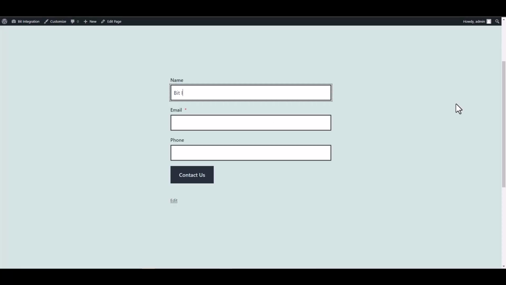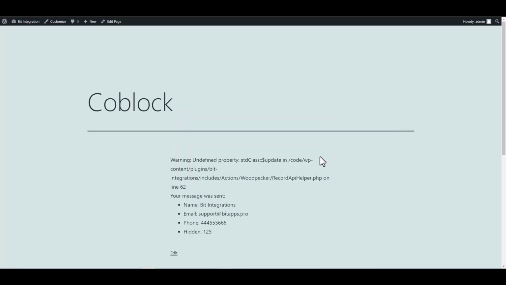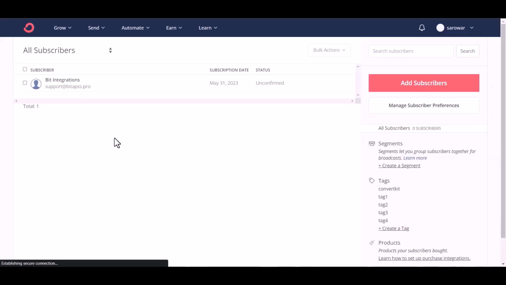Let's submit a form. Submit it. Now go to ConvertKit site. And you can see the data came successfully in the